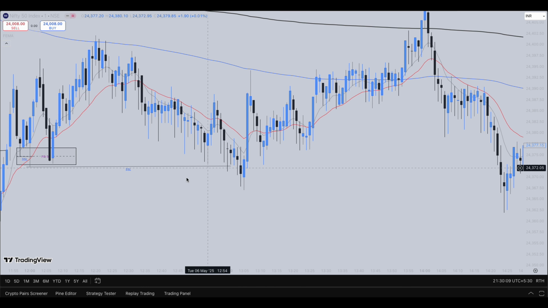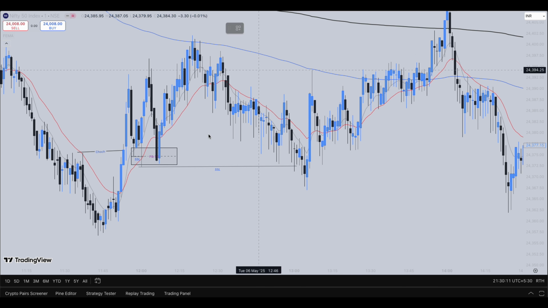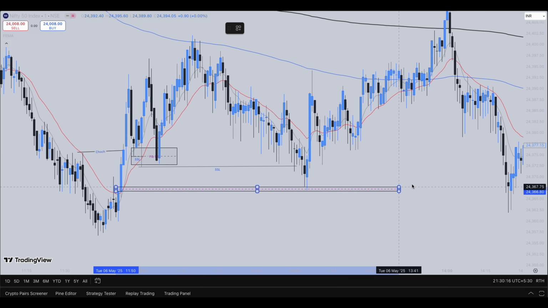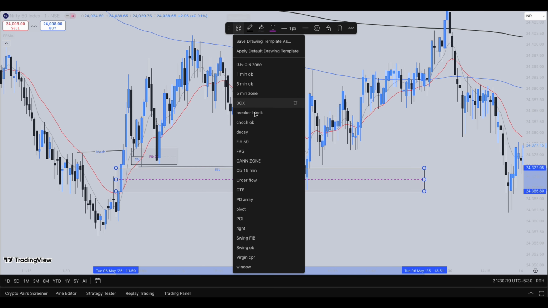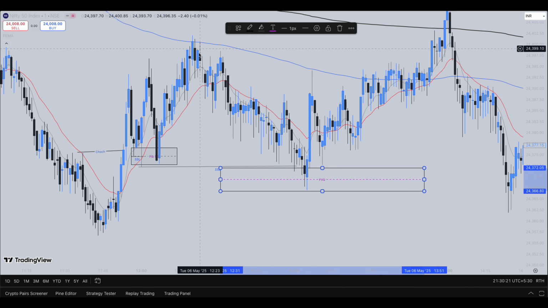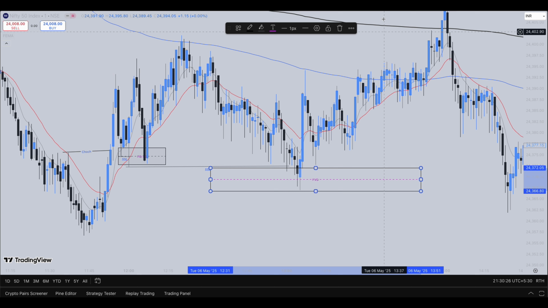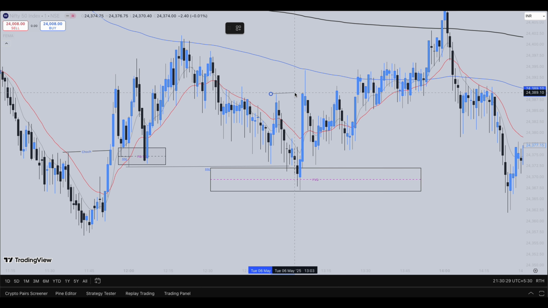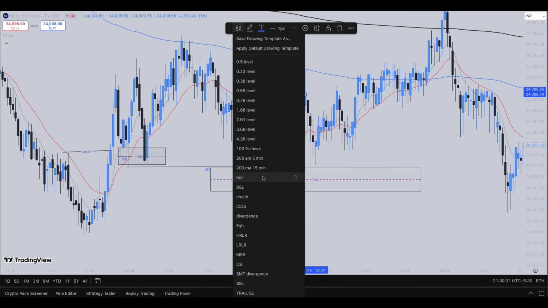In case you might have missed out on here, you could have plotted this sell side liquidity as there is a fair value gap over here. You can see definitely there is a fair value gap over here, guys. So a clear fair value gap. So the market rejected price from this 200 moving average, mitigated this fair value gap, and you can see this kind of bullish momentum as soon as the market mitigated this fair value gap and clearly broke structure towards the